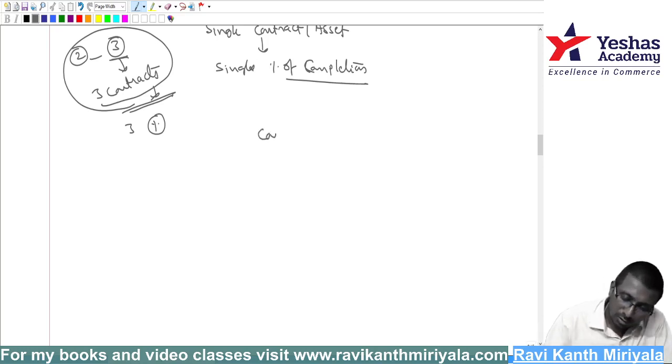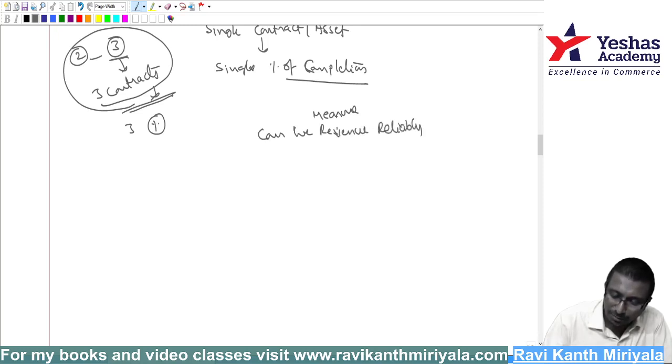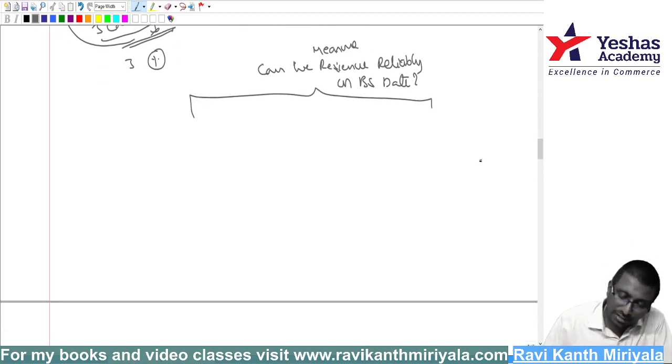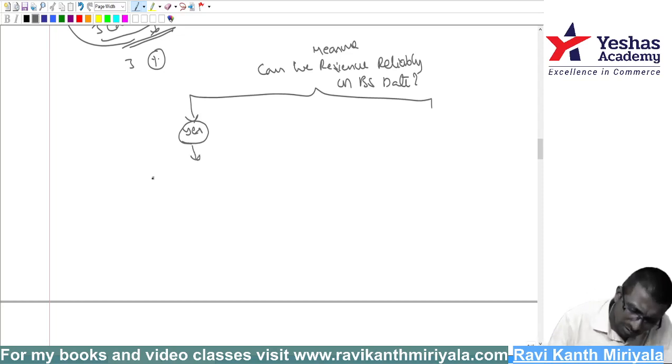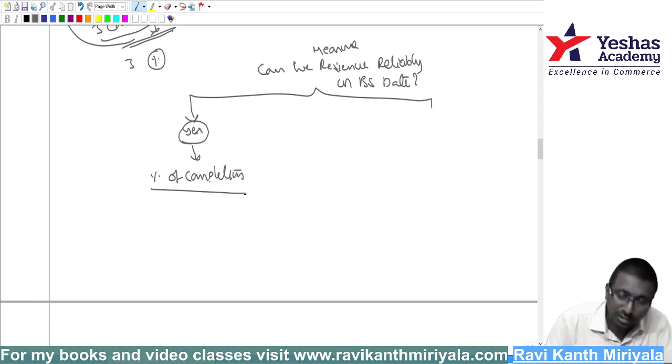Next question. Question is what? Can we measure revenue reliably on the balance sheet date? What is the answer for this, sir? If you say I can measure it, yes sir, I can measure the revenue from the contracts on the balance sheet date reliably, I know how much I will get. Okay, then we'll say, yes, you follow the percentage of completion method. Just now I said, what is contract cost divided by total cost? We can calculate it. Percentage of completion method, please follow.